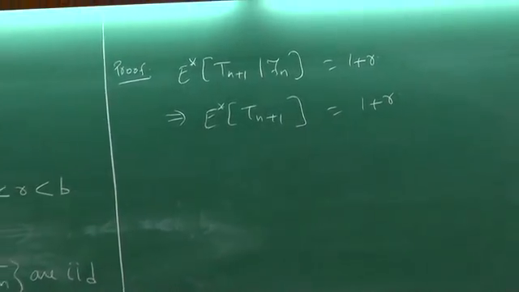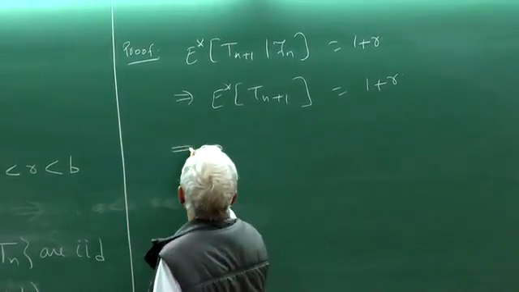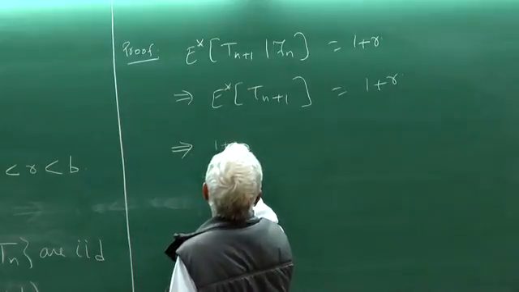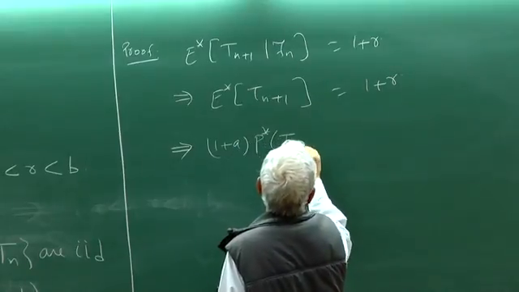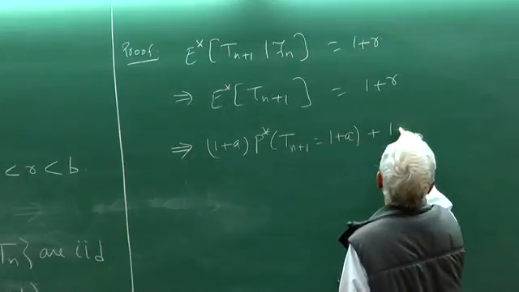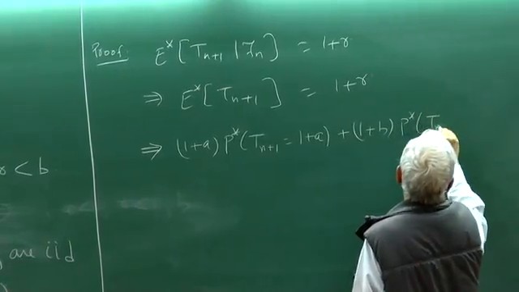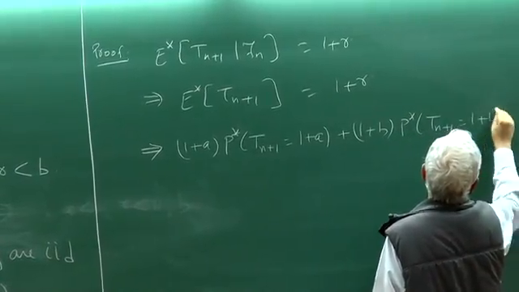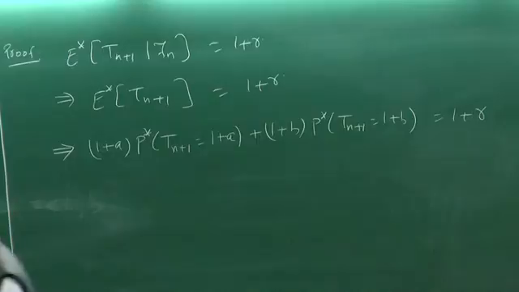Bernoulli in a generalized sense, it occupies only 2 values, right? So this is 1 plus A times P star Tn plus 1 equal to 1 plus A, plus 1 plus B times P star Tn plus 1 equal to 1 plus B, is equal to 1 plus r. But A and B have a relationship. If we simplify,